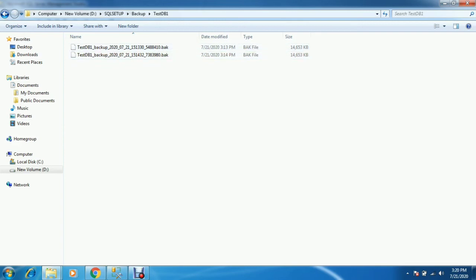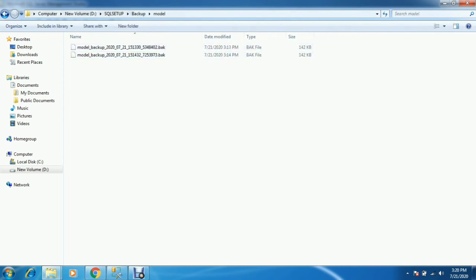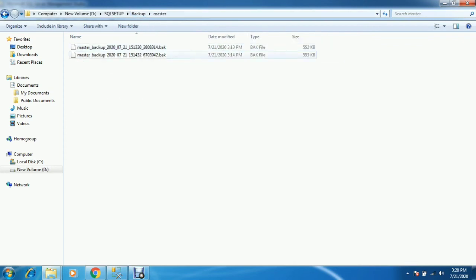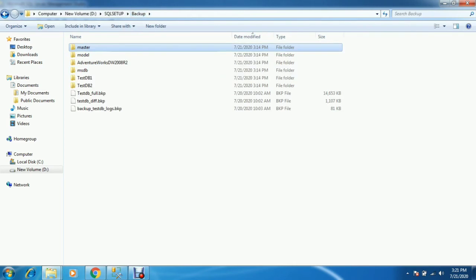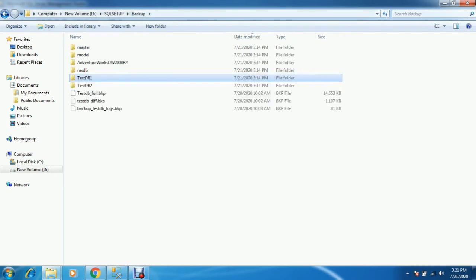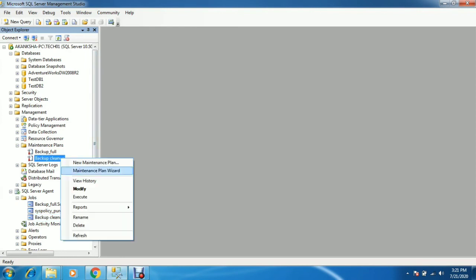If there are more than 1 week of backups, they will be deleted from here automatically with the help of the maintenance jobs. Okay. So it will not delete as of now. For that, I think more than 1 week of backup is required, then only it will delete. So if more than 1 week of backup is available, it will delete automatically. So basically it's very easy to do the cleanup.